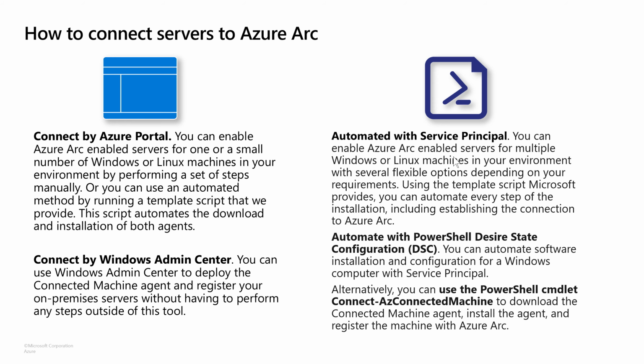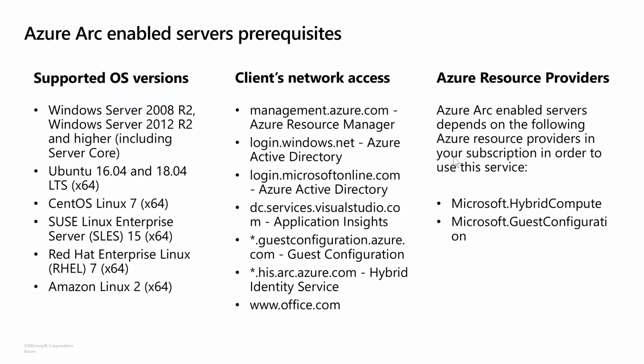And some prerequisites, pre-requirements for Arc enabled servers. There are a few things that you have to understand. You are able to join Windows servers, of course, 2008 R2, 2012 R2, and 2016, 2019, including Server Core, but not Server Nano, sorry. You will be able to join Ubuntu 16 and 18, and I also tested 20 and it works,